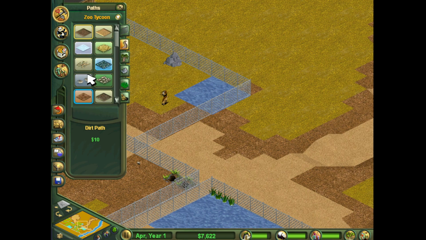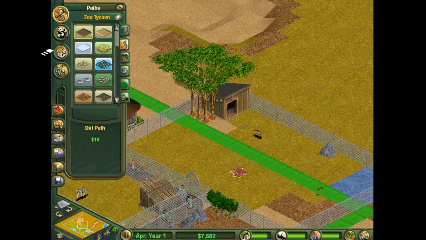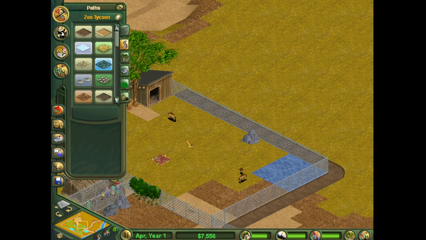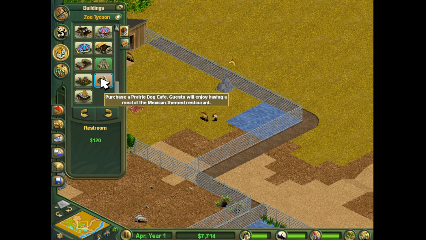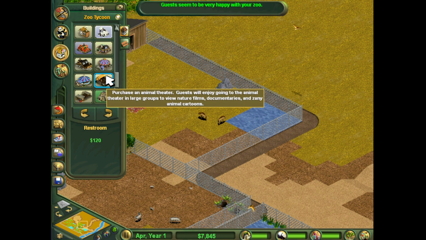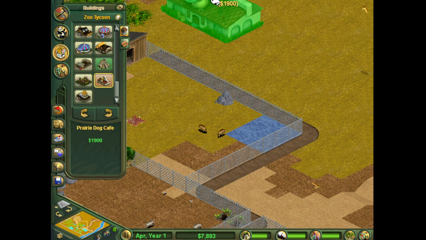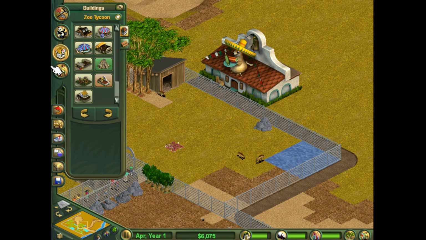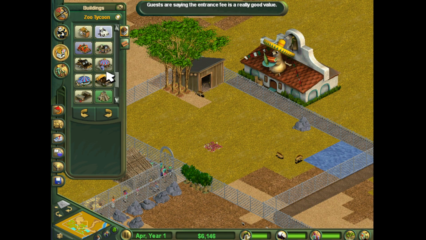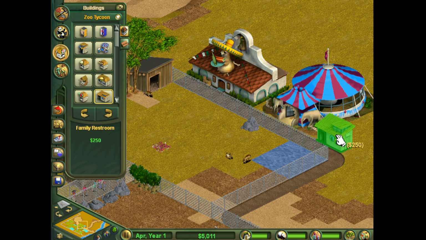I don't really think that there is a Savannah style restaurant. In fact, I know there isn't. So out here, we're going to put a... okay. I mean, between the two, rainforest or prairie dog. That's the only other restaurants that I have. So we always do rainforest. Let's do a prairie dog this time. Put it right next to the, I guess, far away from the other restaurants as possible. I know it's not really incredibly far away from the other one. But we'll put an elephant ride right next to it. We'll put a bathroom. And